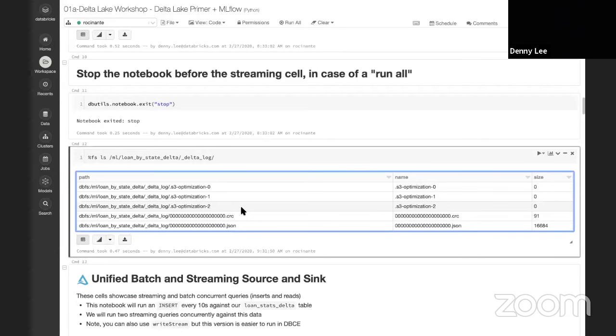The Delta log is exactly what it implies. It's a transaction log. Every single transaction, every single change or modification to the data is recorded in this format. You'll see these JSON files. The _delta_log contains those JSON files. You only see one of them, the 0 file, mainly because that's the creation of the table.